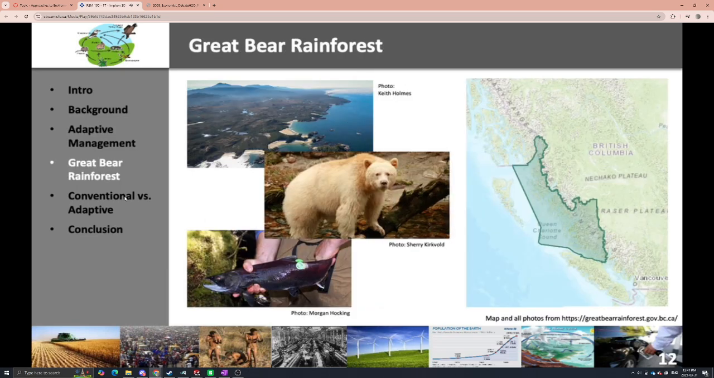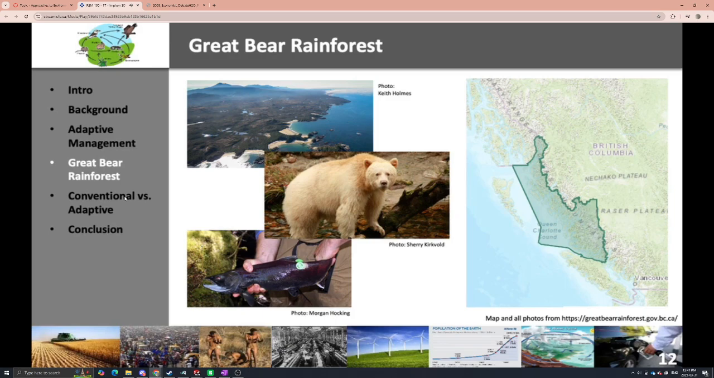One of the local primary examples of the use of adaptive management has been the Great Bear Rainforest. You can see on the map on the right, the Great Bear Rainforest is along the central coast and north coast of British Columbia. And the Great Bear Rainforest consists of about 6.4 million hectares of coastal temperate rainforest. Coastal temperate rainforests are globally rare, and 25% of the world's unlogged coastal temperate rainforests are in the Great Bear